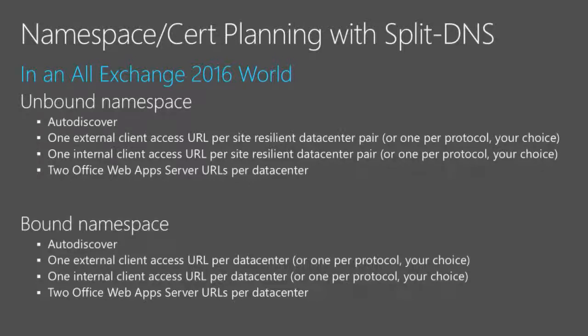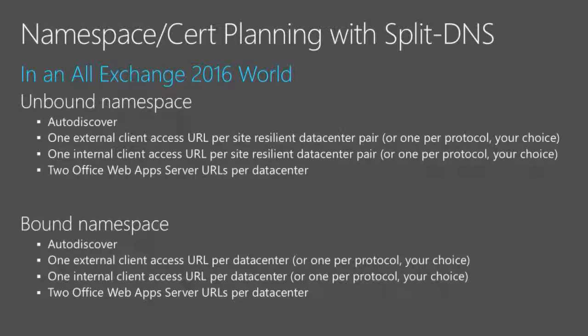In the bound namespace model, that means that for reasons your company has determined, maybe there's a bandwidth problem between data centers, which is interesting because if they're trying to cross their DAG between the two, then why are they even attempting that? But whatever, there are reasons when sometimes it makes sense to a company to have the bound model